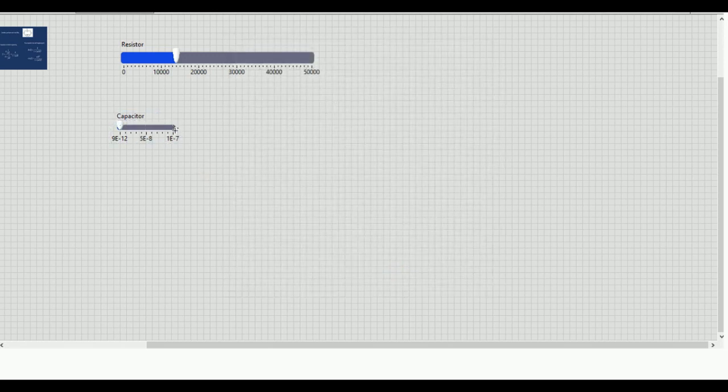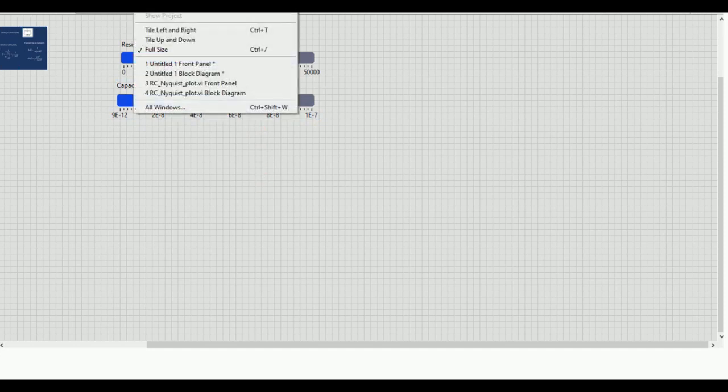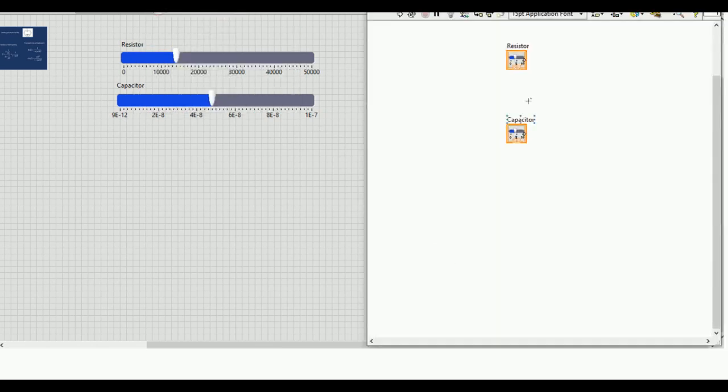I am giving it like this, so that you can vary the slides and you will get the picture. Now this is fine, and then let's start the block diagram work. Going to the block diagram, I have these two, and then I need 1 plus omega squared C squared R squared.